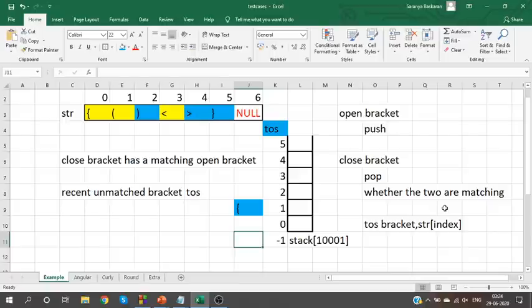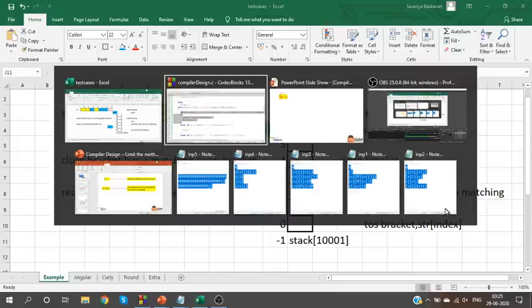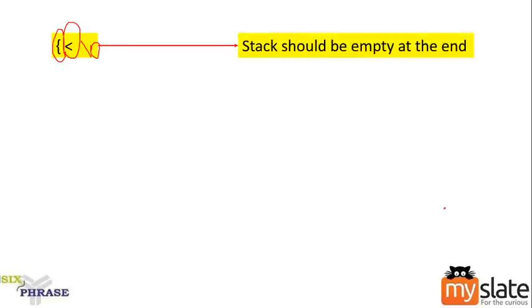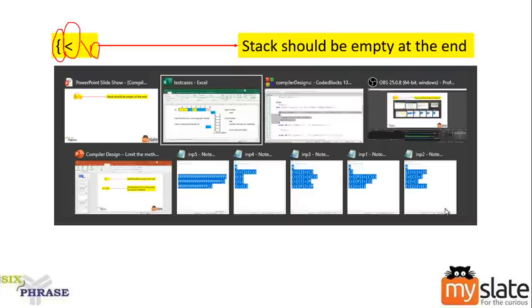If I have all brackets as matching, stack should become empty at the end. So check one more condition whether stack is empty. If stack is empty, top of stack will become -1. Clear? Stack should be empty at the end.